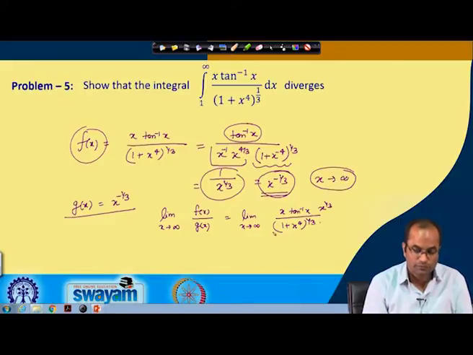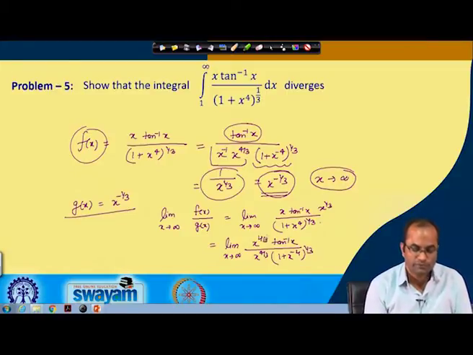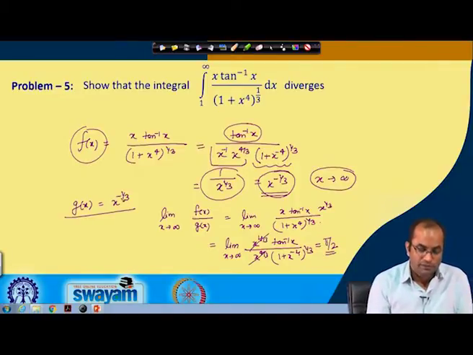So, now what do we have here? The limit as x goes to infinity of x to the power 4 by 3 times tan inverse x, over x to the power 4 by 3 times (1 plus x to the power minus 4) to the power 1 by 3. As x approaches infinity, tan inverse infinity is pi by 2 and the other factor goes to 1. So, we got the limit pi by 2. Since this limit is a non-zero number,